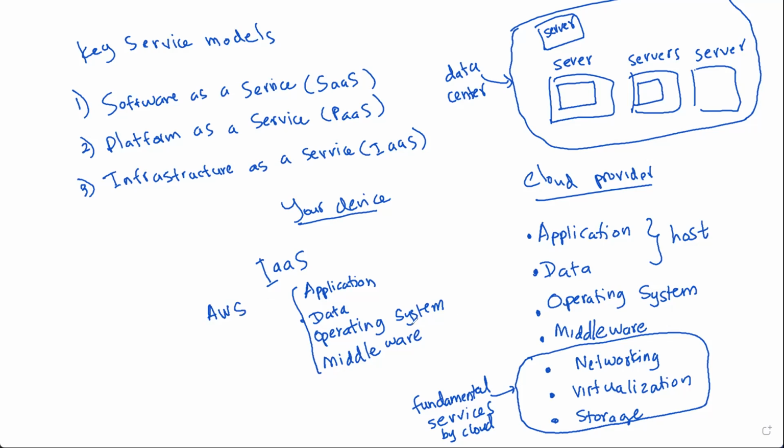It is using the cloud servers and it is building its application, data and management methods, its own operating system and middleware services. So AWS is defining those elements on their own by their own developers. Therefore they have the control over these components. So the cloud provider is only hosting these applications and providing the storage for these elements.